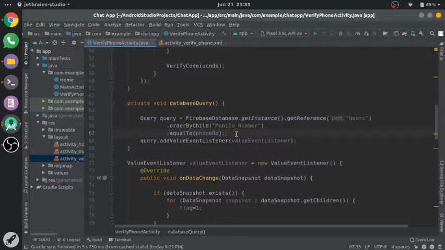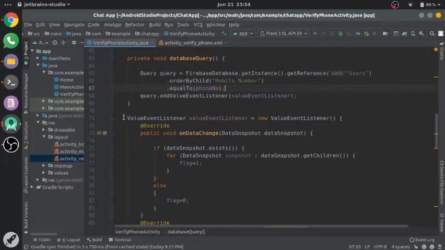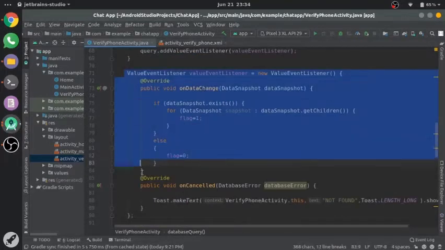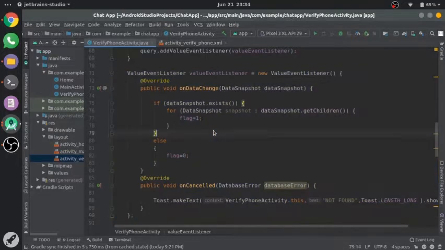Then we have added this query to the event listener, and then here is our event listener. Event listener equals new event listener, and this is our complete event listener. If dataSnapshot.exists, that means this phone number already exists, that means the query is true, then we will set our flag to 1, and if it is not, then we will set our flag to 0. That means we will use this flag when we are signing. Okay, now